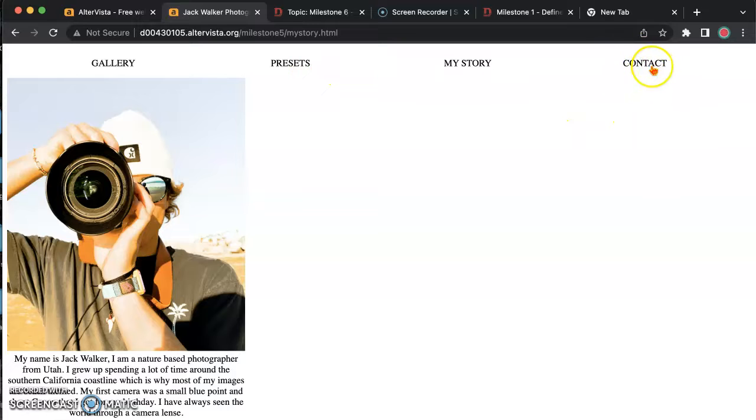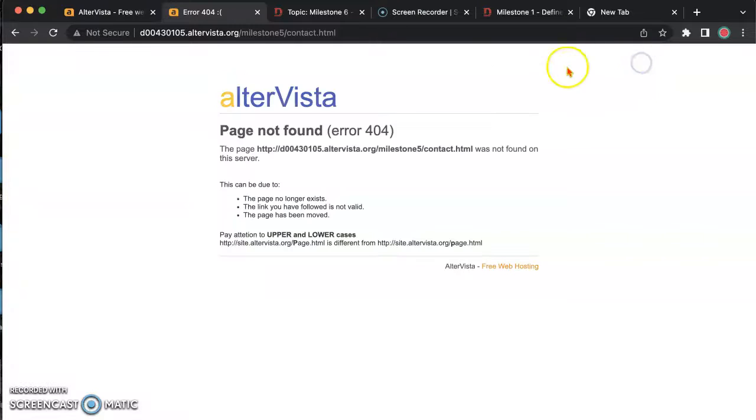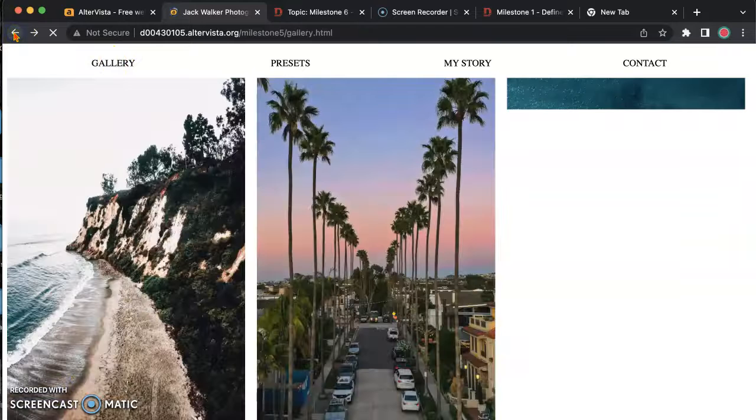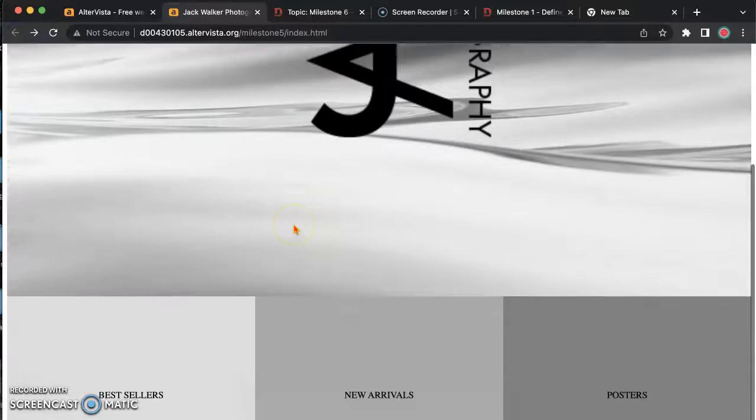And then contact, I chose not to put anything in here yet. I'm going to plan on making it a drop down menu, and then it'll have my Instagram tag, number, and email available for them to click on. But I didn't really want to put my personal information on here quite yet, so that's what that will be. And that's one of the things that still needs work on the website. So if we go back to the main page,